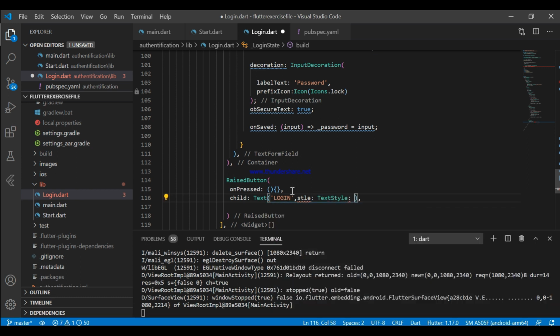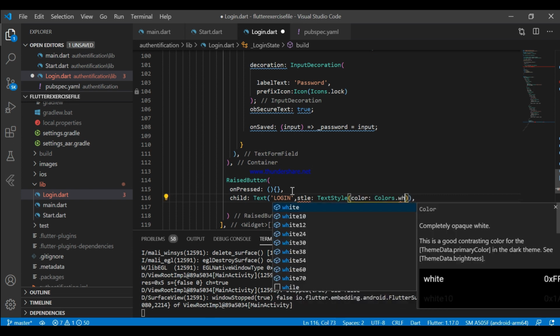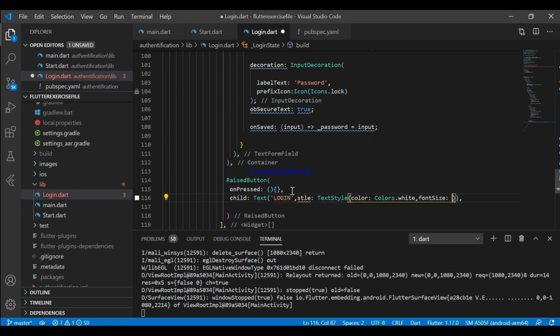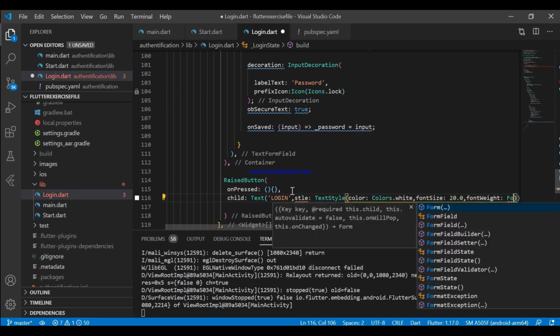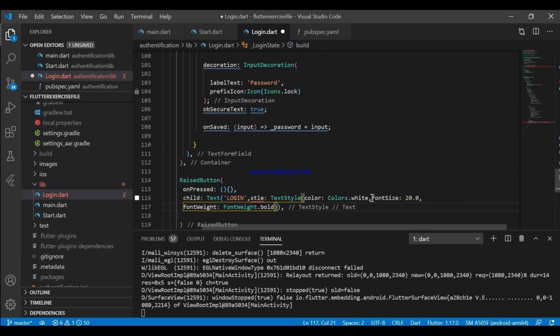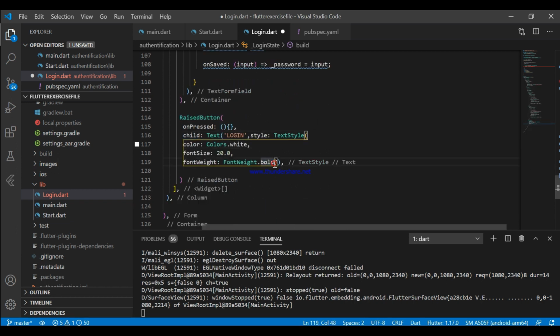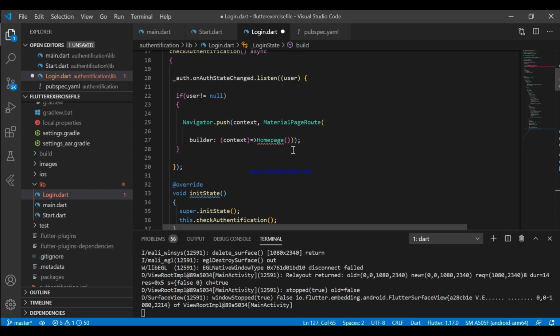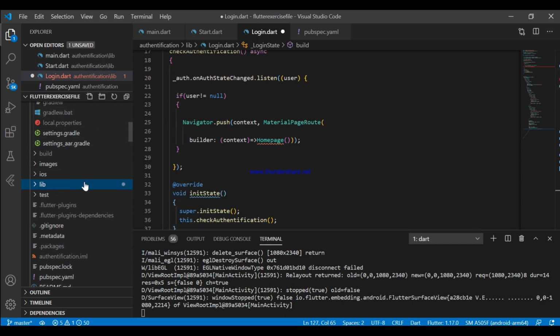As this is a login screen, here I'm using a login text, and a font size of 20 will be sufficient, and bold text. I guess now you are familiar with the raised buttons and the UI part.